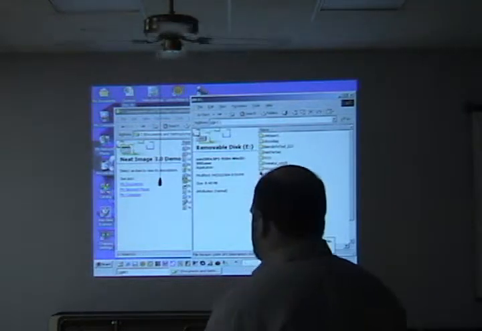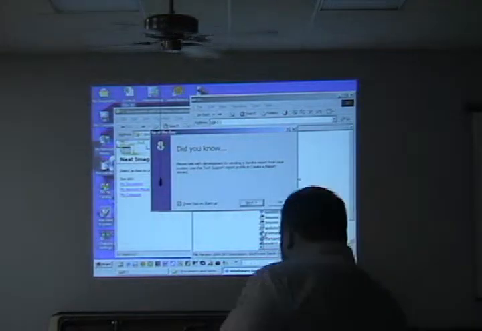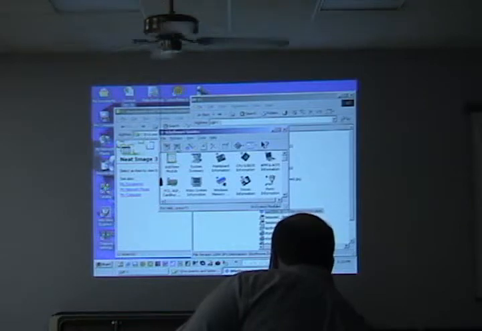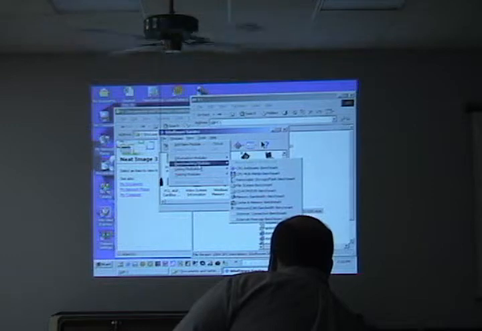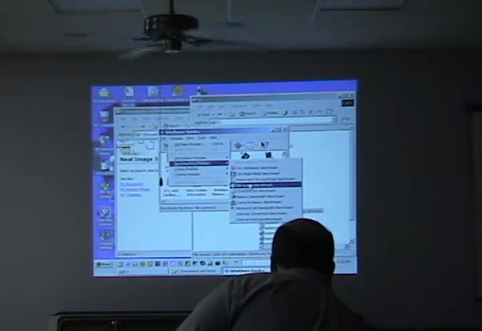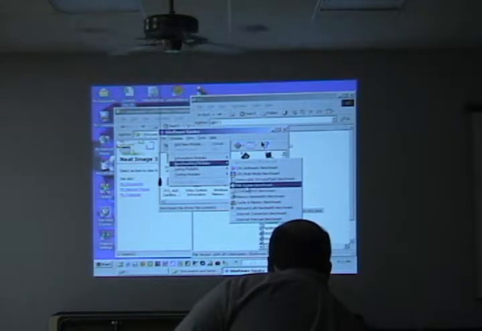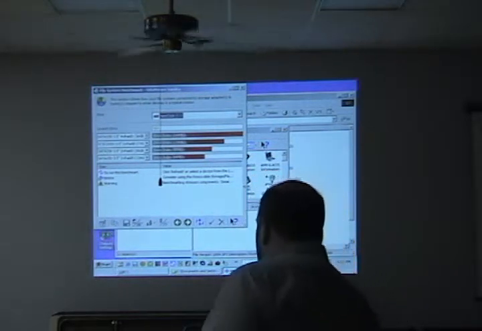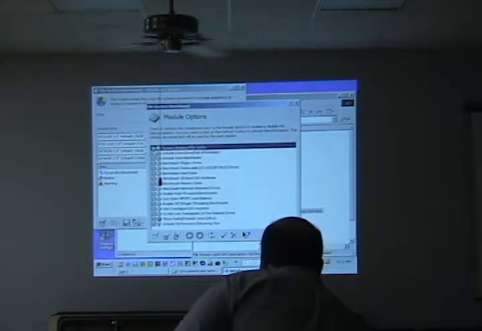And where it's nice is, let's say I just got done installing a new hard drive, and I want to see if it's working as fast as it should. Well, what Sandra has in it is a database of other similar systems. Okay? So I come here and do, like I said, the testing module. Let's do benchmarking. Let's look at one like that fast here. I'll do files. Okay. Right now it hasn't actually gone and tested the files on my drive, and I'm going to do something to make this work a little bit faster. I'm going to turn off